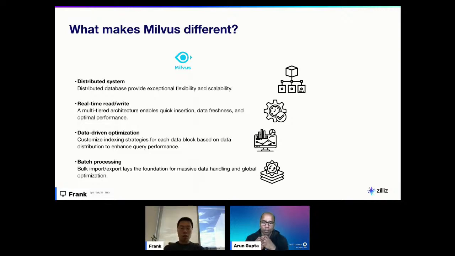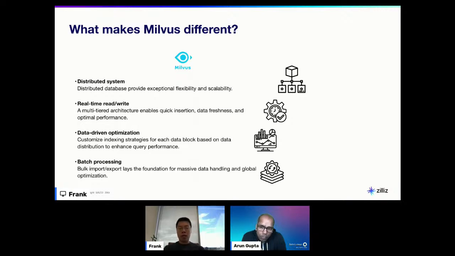something like IVFPQ. IVFPQ not only does quantization, but it actually will bin it. It'll split your vector search hyperplane into multiple cells, Voronoi cells, and then you only need to search over a subset of those cells. And again, those vectors are quantized. That's why you get really, really good performance at the cost of recall. But you don't need to use that much memory. So there are a lot of indexing strategies that you can use to enhance query performance and tailor Milvus towards your